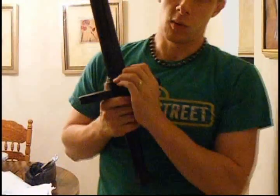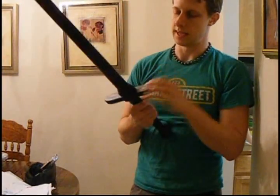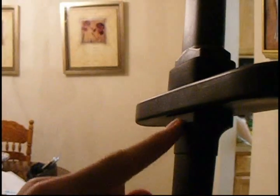Alright, so this raises some questions as far as how the construction of the sword is going to hold up, and it really comes down to, is this little piece of rubber going to last in a hot car for a few days and over the course of a few years? We don't know. Right now it looks like it's holding up just fine. Other things about this sword that you should note is that in order for the guard to stop on the handle, it has this bump here fixed onto the actual handle. And this bump right here might not seem like a big...